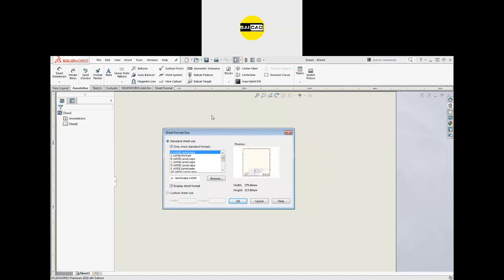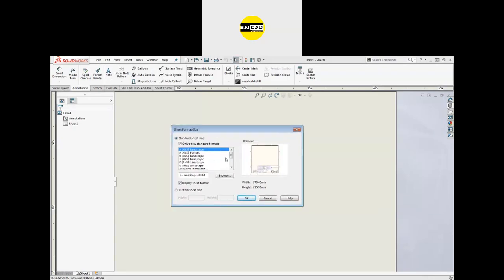When you are entering in the drawing, it will ask for some standard size. So first option, select the size like A3, A4, whichever you need. I need an A3 sheet, and it should be in the landscape. You can see here, if you want to show the display of this title block, you can check here or you can uncheck, and then the title block and the sheet format will not be shown there. So check this on. If you want to specify some custom value, you can do that also. Use always the standard size from here, the format from here.